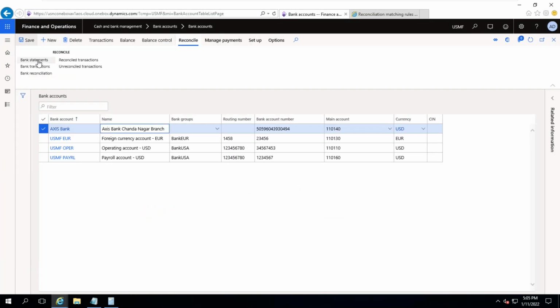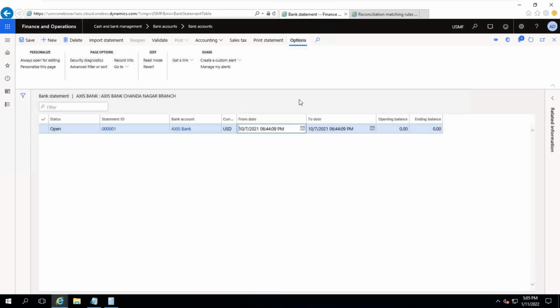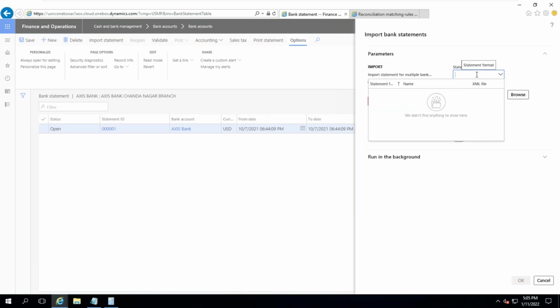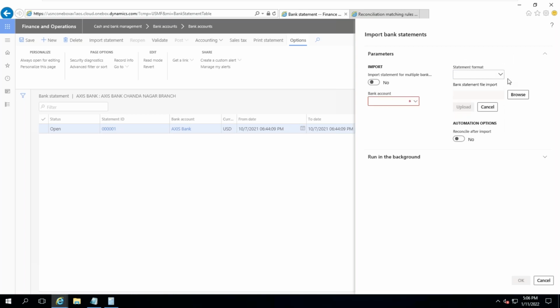First, you need to collect the bank statement from the bank, then import it here, import statement. There are different formats the system will support. The format the bank is providing and this format, it is a technical task. The technical consultant will do it. The format will come here, and you need to import the file you have received by clicking browse, click OK. Then once it is imported,